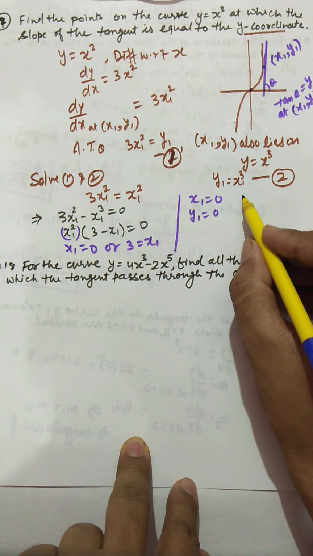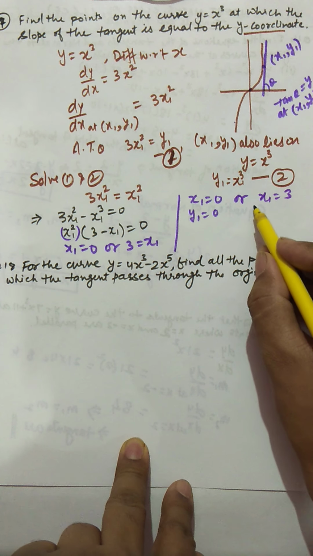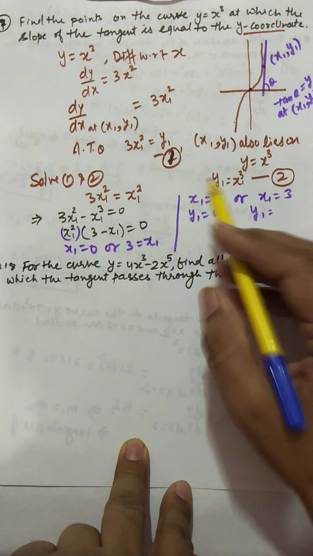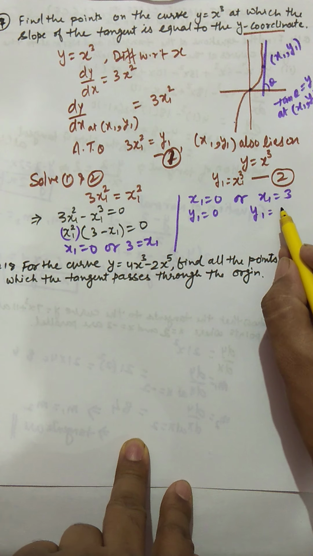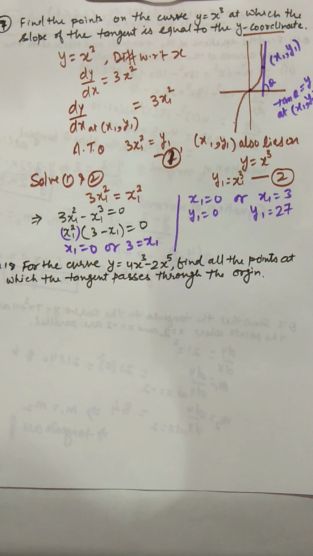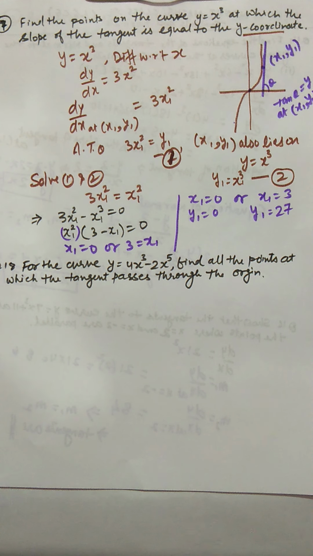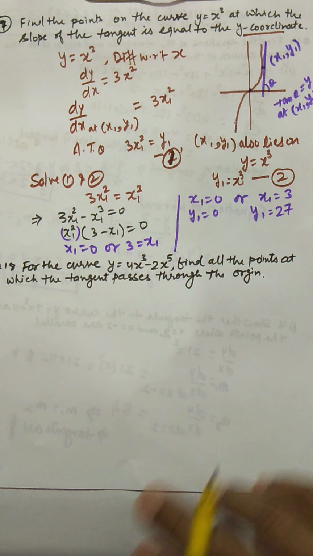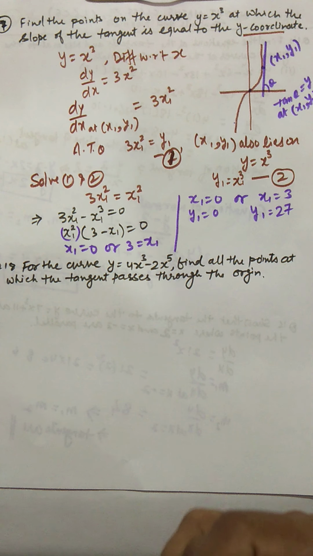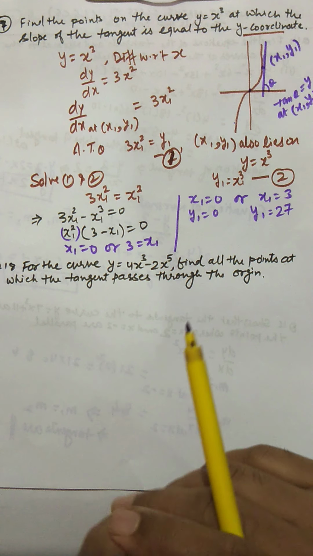Just think, can it be the answer? Okay, we'll find the next point. See, x1 is equal to 3, then y1 you can get by putting the value in equation number 1. So y1 will be 3 cube, which is 27. So that is the point 3 comma 27. Now, whether this answer is correct or that answer is correct, you just think for the time being. You have to check whether both answers are correct or only one. By the way, both the answers are correct, but you must think how both are.